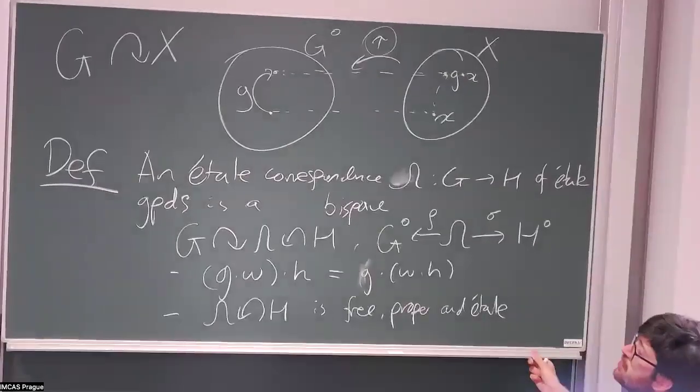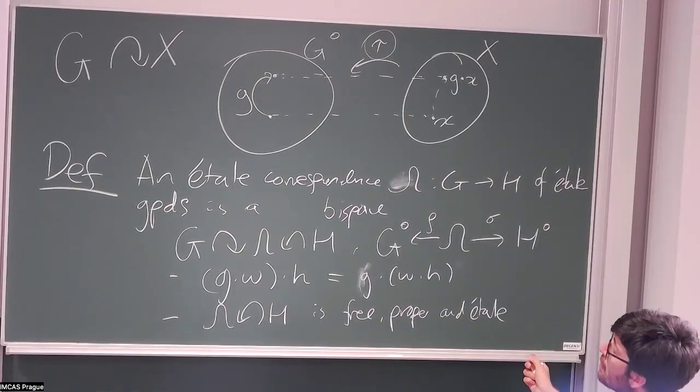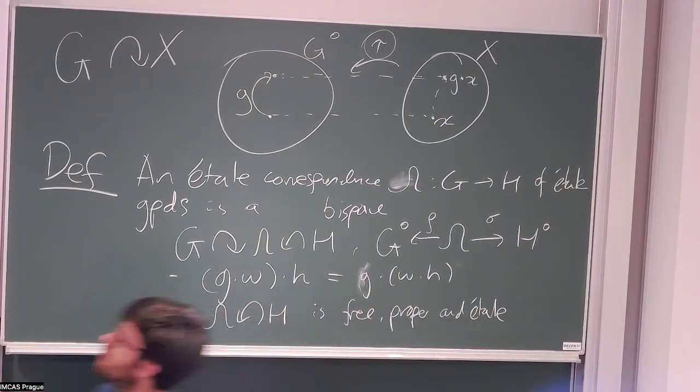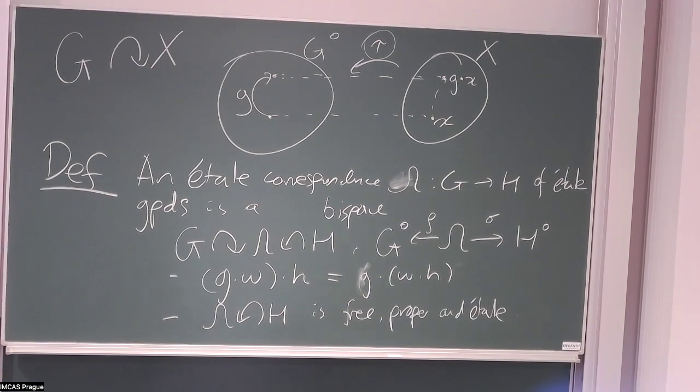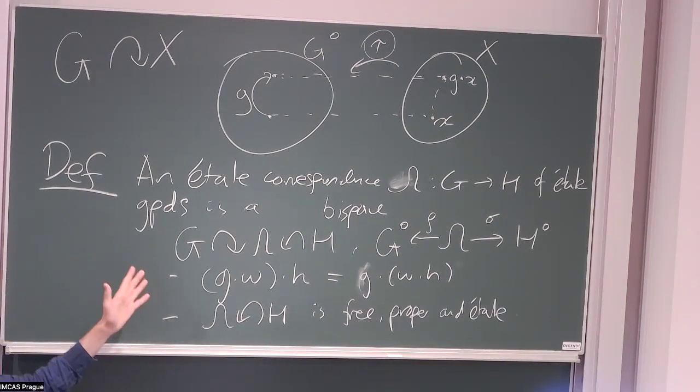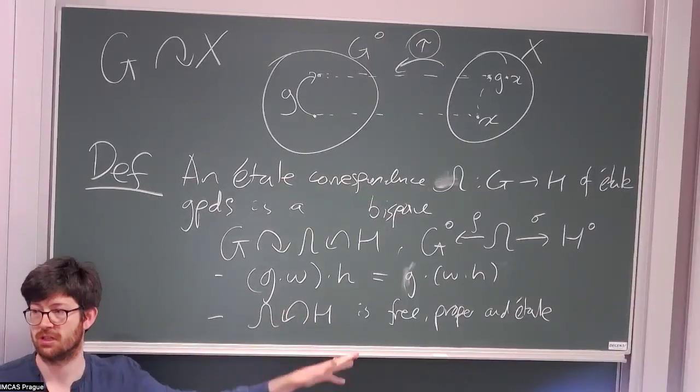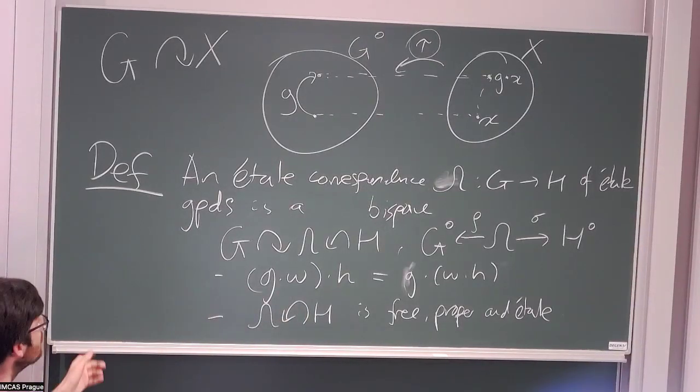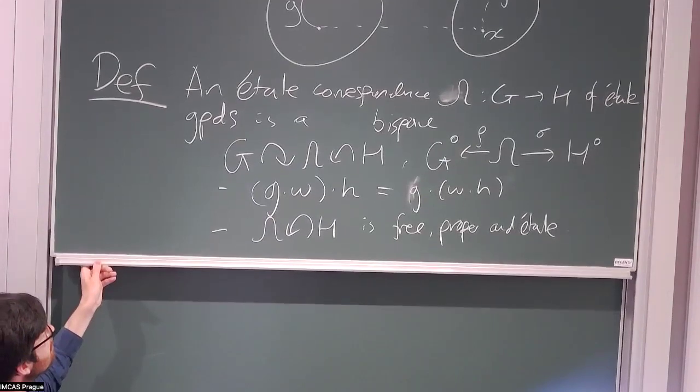Right, so this is the definition. And hopefully, I've not told you what a Morita equivalence is, but one way you can define a Morita equivalence of groupoids is like this, but more symmetrized. So you ask for both actions to be free, proper, and étale. And you ask for,